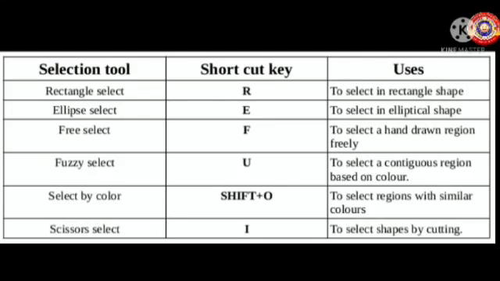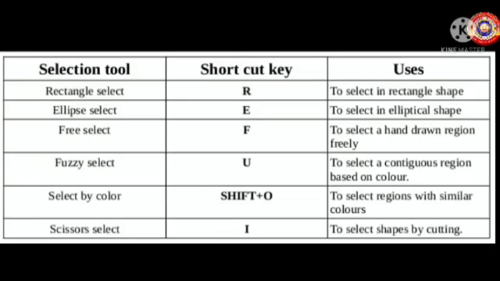At that time, we have to remove the background. So, we have select the background by using fuzzy select tool. There, the background is sharing a common border with the children. So in that case, we can use fuzzy select tool. If a picture is sharing a common border with another one, we can select that picture by using fuzzy select tool. Its shortcut key is U.